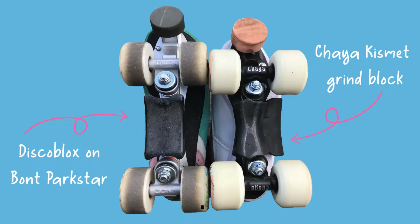So one of the benefits of the Chaya Kismet as a package is that it comes with grind blocks already installed. Now these are really different compared to other grind blocks that I've used. I started out on the CIB sliders, and for the last few years I've been using disco blocks. So what makes these different is the actual shape of them. The contact patch that will actually be touching the coping when you're dropping in or doing grinds is much smaller. It's much thinner than what you get on the disco block. I think that what this will give you is greater flexibility when it comes to stalling and grinding on the